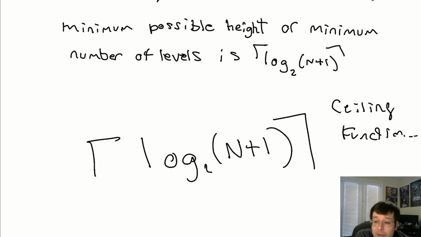Whatever number you get with this log, I know when we did the recurrence relations, we mostly stuck to easy numbers, like log base 2 of 8, which is just 3. But then somebody throws at you log base 2 of 9, and you think, oh snap, this is no longer easy because decimals are involved, right? Well, here we're still making it easy because you just round up those decimals. Problem solved. If you have the ceiling function of 2.1 and of 2.9, they're both going to round up to 3. Even 2.0001 will round up to 3, okay? That's what the ceiling function, or round up function, means.